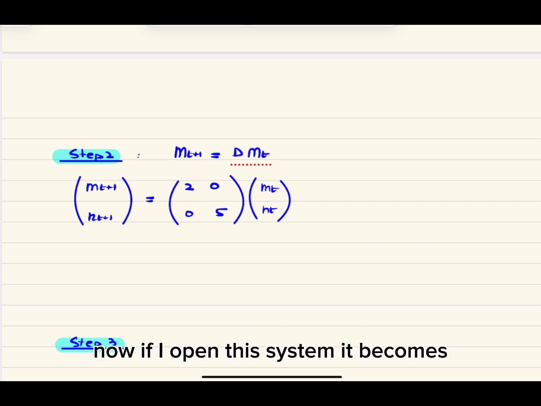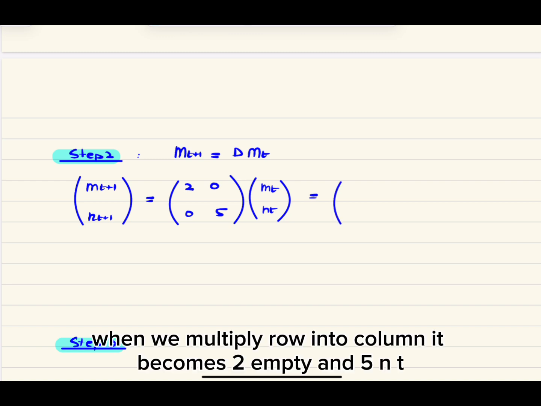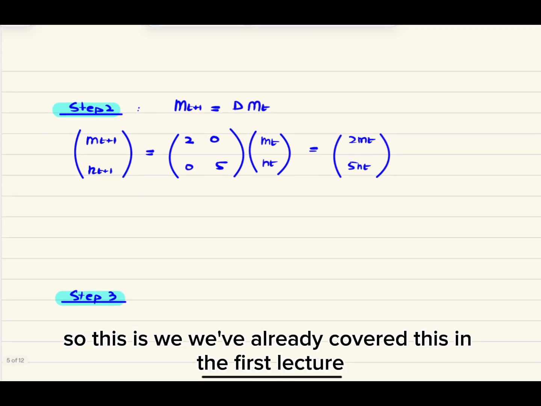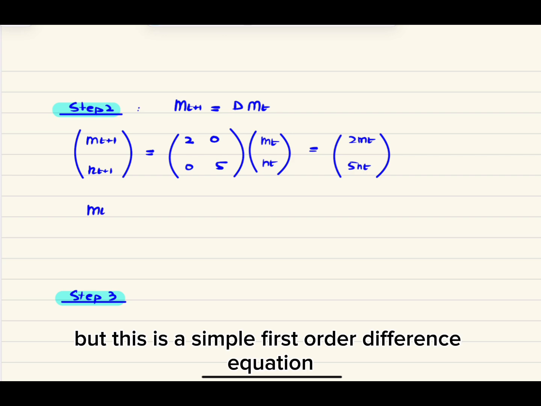Now if I open this system, when we multiply row into column, it becomes 2m_t and 5n_t. We've already covered this in the first lecture, but this is a simple first order difference equation,